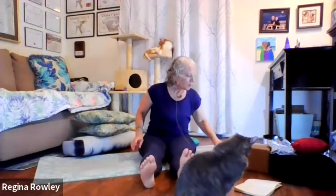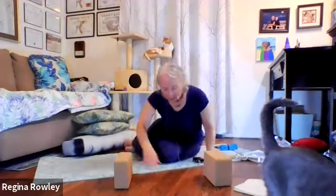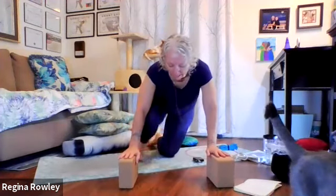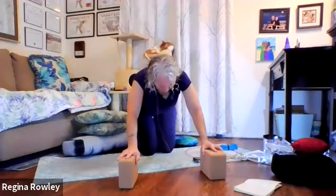We are moving into a dragon lunge. So I do recommend some blocks for this. If you need more comfort under your back knee, you can take a little cushion, not a cushion, excuse me, a little blanket or towel, something that would be soft and giving. And then as you come into your dragon lunge, so it's just a lunge, right? Bring your blocks in, take the leg forward, and then